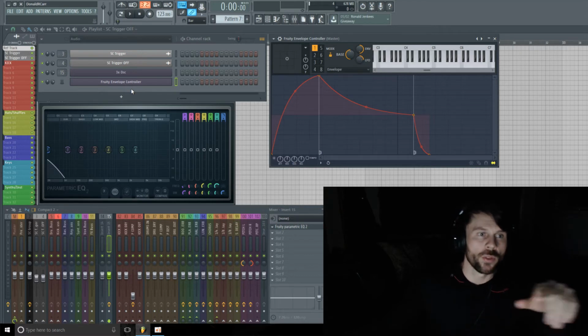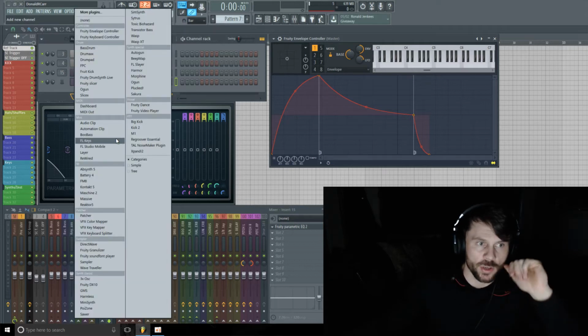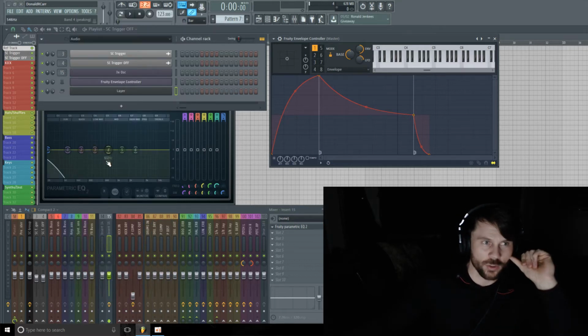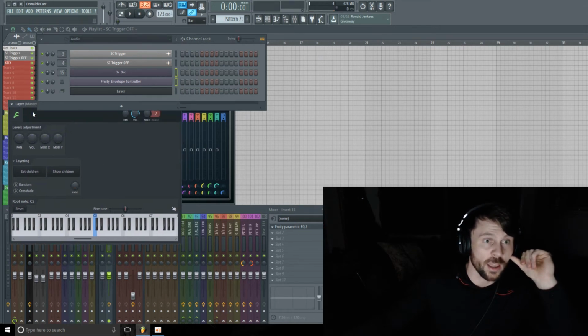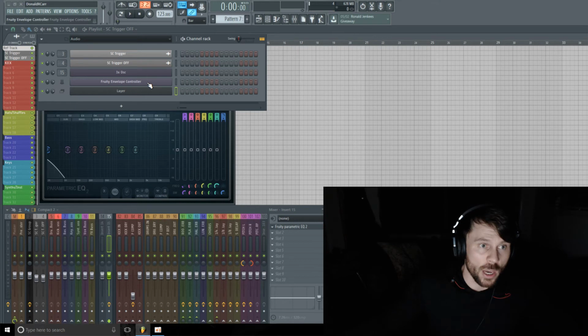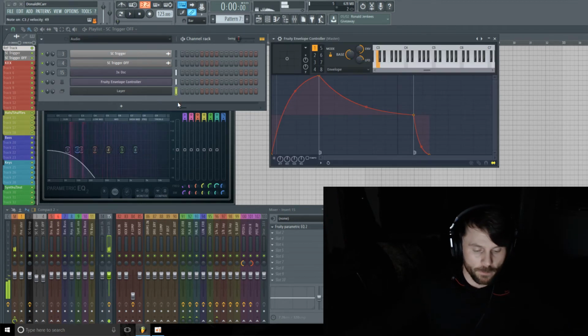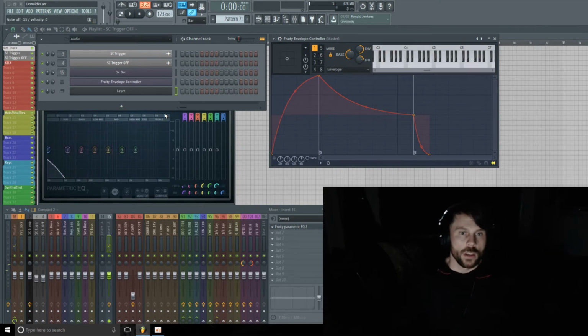So we need to trigger both the bass sound and the envelope controller at the same time. To do that, we're going to use the handy dandy little layer function, which I showed you in a few episodes back, to accomplish that. So we're going to just select these two, the bass and the envelope controller, and hit set children. That way, when we play back the layer, it's going to behave the way we want. So you have your basic envelope here, which you can make a basic pluck and sculpt your sound the way